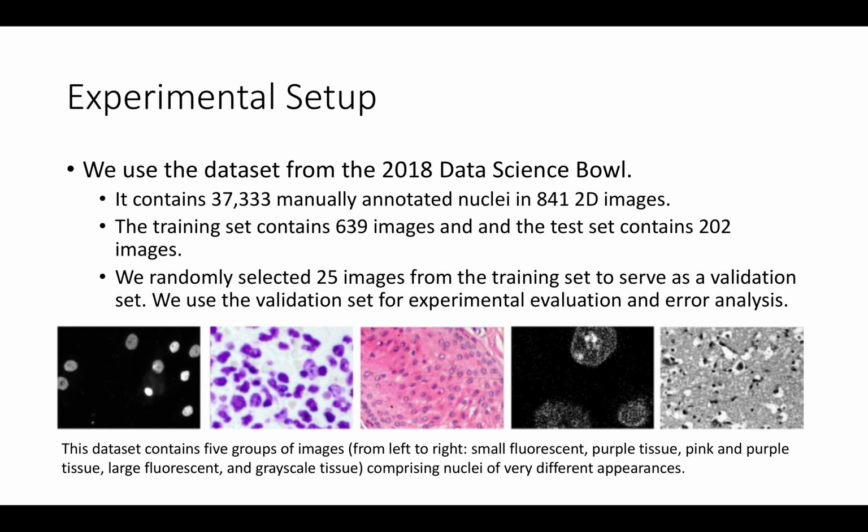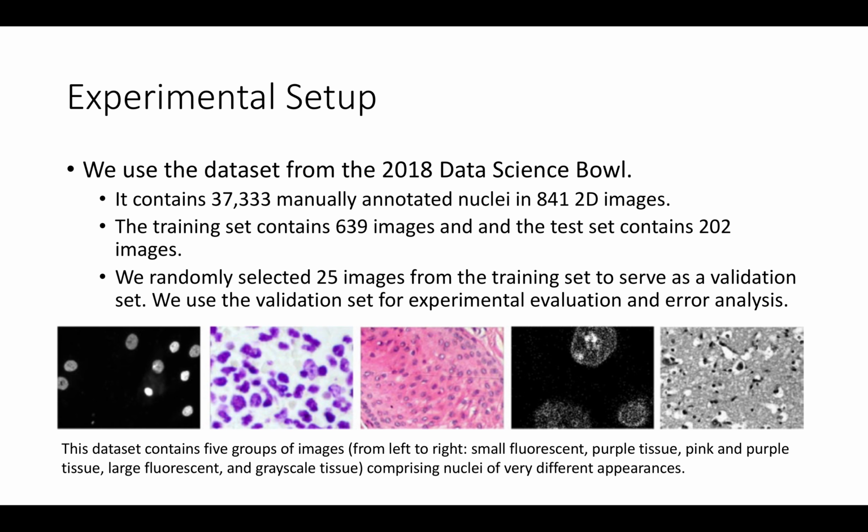Then we look at some experimental setup and results. We use the dataset from the 2018 Data Science Bowl. It contains more than 37,000 manually annotated nuclei in 800 images. The training set contains more than 600 images, and the test set contains 200 images. We randomly selected 25 images for the validation set because there's no training and validation split in the original dataset. We also used the validation set for evaluation and error analysis because there's no ground truth on the test set